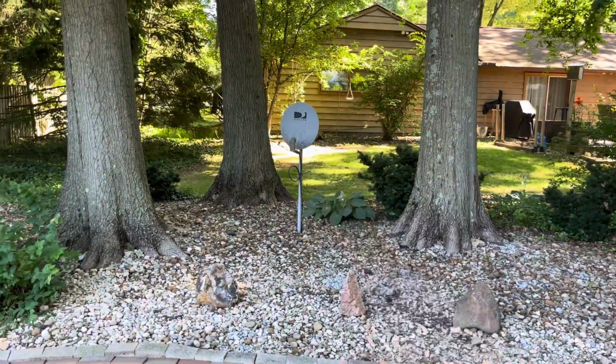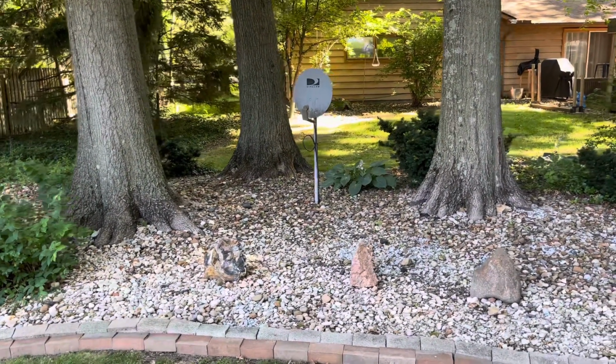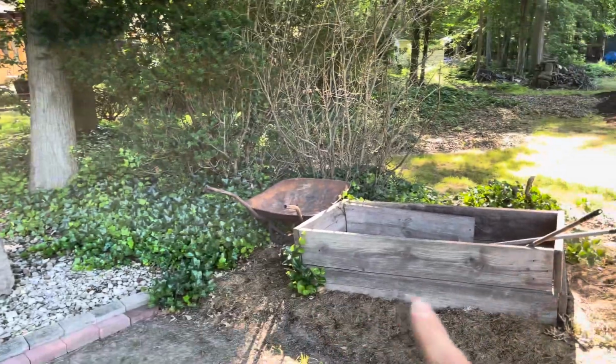This is an old satellite dish that our neighbor no longer uses. In fact, they never did. The previous owner did, so they said it was okay. We're actually going to use the Ryobi to try to pull that out, so that'll be fun. All this ivy and stuff in here is filling in really good